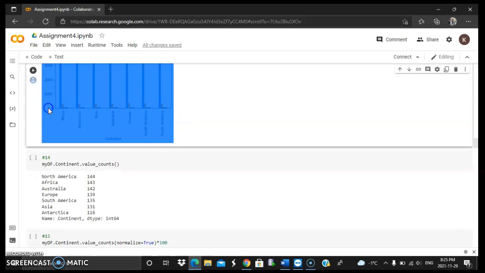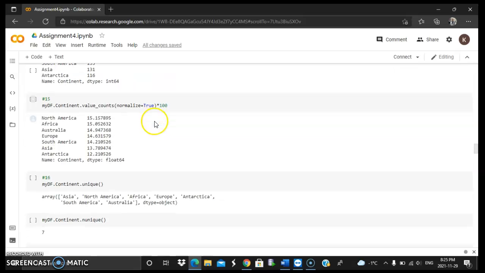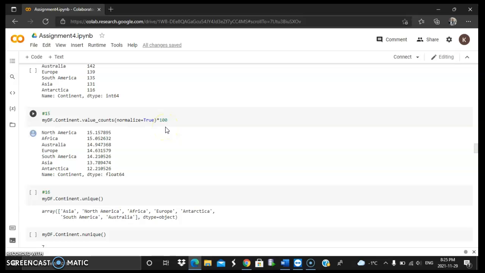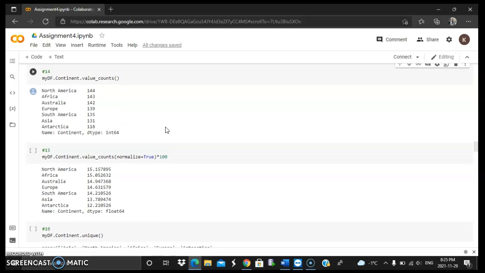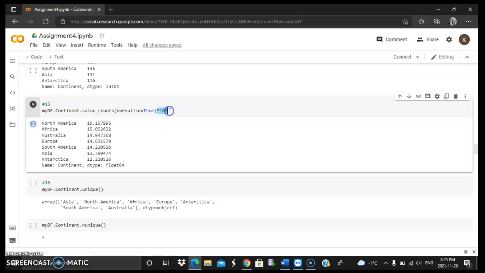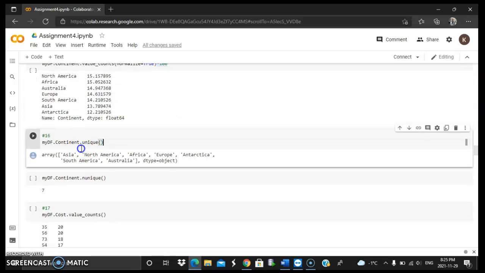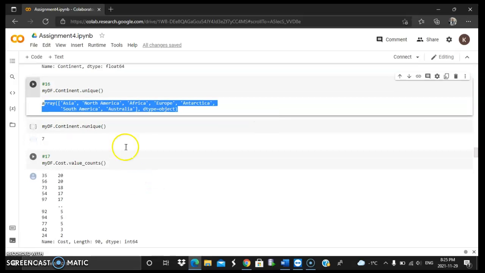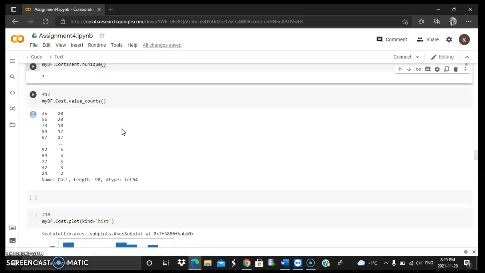Again, it is divided by the continent names. Each continent in the continent column, and then the 16th question was to show the unique values we have in the continent column. The 15th question gives out the percentage, where we are multiplying it with 100, and then the 16th question gives us unique values, so unique values are given right here. Okay, moving towards